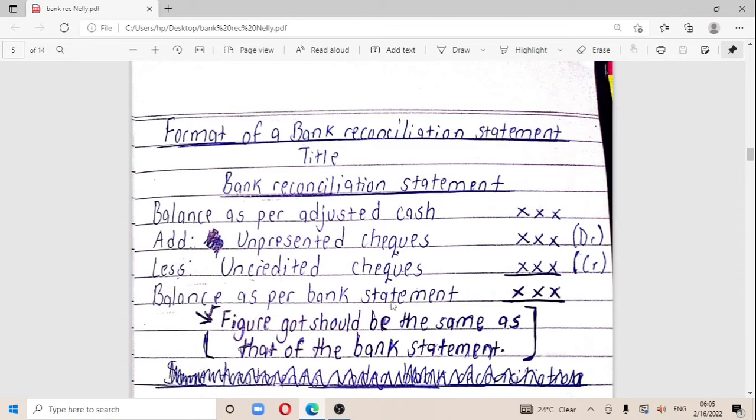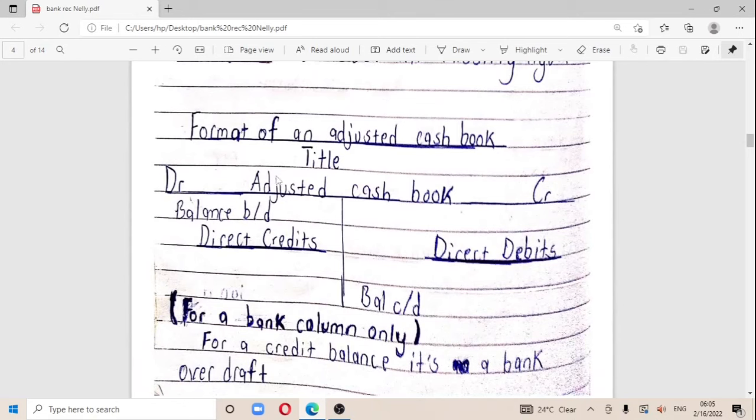the balance as per bank statement, the figure you get here, should be the same as that of the bank statement. So make sure you note, because there's another way of solving bank reconciliation: starting with the bank reconciliation statement itself, that is by starting with the balance as per bank statement, and then you work towards the adjusted cash book. Another thing in your question, when you're confused about which balance brought down you should bring,